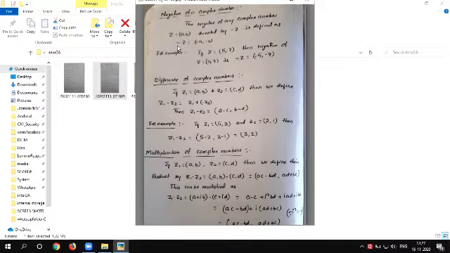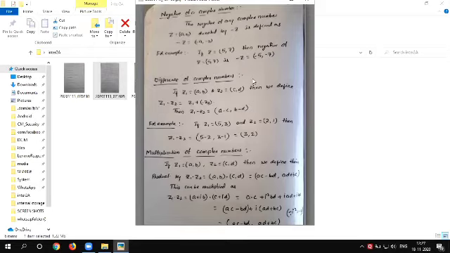The negative of a complex number is very easy. Z equals a comma b, we take as one complex number. Then the negative of this complex number is denoted by minus z. That is minus z equals minus a comma minus b, which is the negative of a complex number. Now, for example, if the z value is 5 comma 7, then the negative of z is minus z, which equals, simply we write, minus 5 comma minus 7. That is the negative of a complex number.